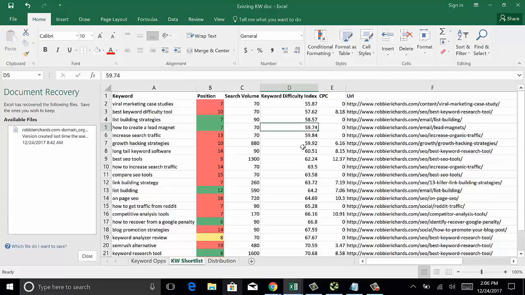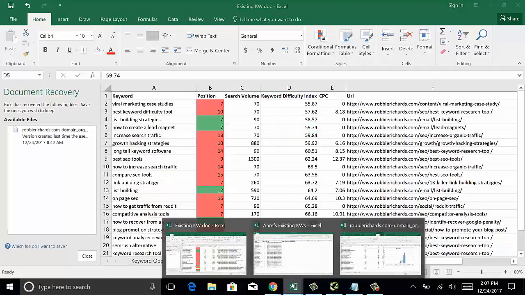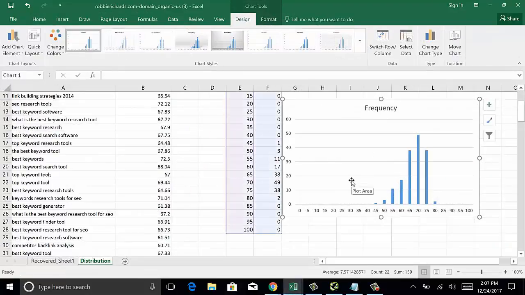Now, that's one good thing, because you can imagine if you can populate a graph like this across your keyword set, and you notice that the majority of your keywords right now, at the position in time you're in, based on domain authority metrics, are ranking for keywords in the 45 to 55 keyword difficulty range. That's a good leading indicator that that's what you want to go after, at least in the short term, maybe even a little bit lower, since we're going after the quick wins. But if you find that a lot of the keywords in your shortlist are much higher than that, then those are the ones you want to start eliminating, because you're not going to be able to go after those in